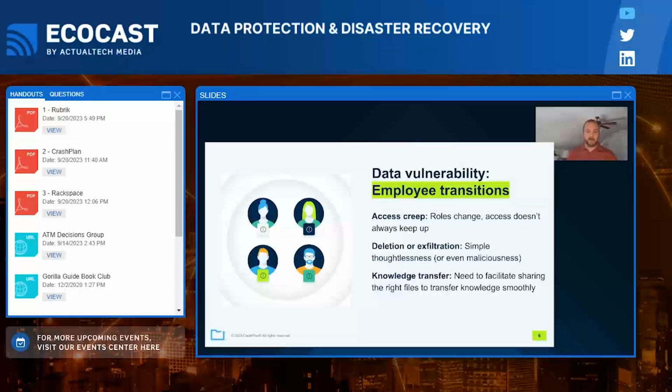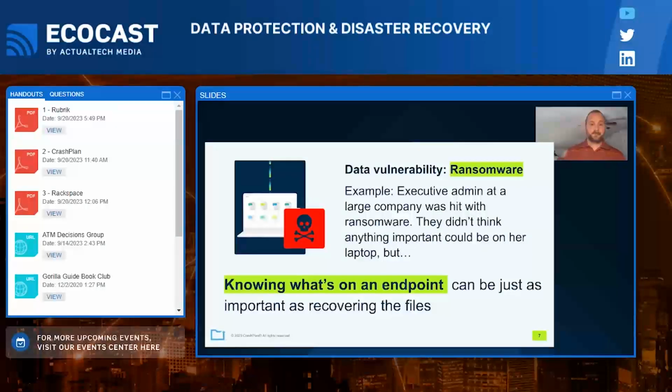So here's that story I was alluding to. Let's just say an executive admin is hit with ransomware. The executive admin immediately thinks, "Oh, there's nothing important on my laptop. I don't have access to customer data. I'm not part of our research and development." But the executive admin has been responsible for all the travel, the lunches, and other matters for the executive team